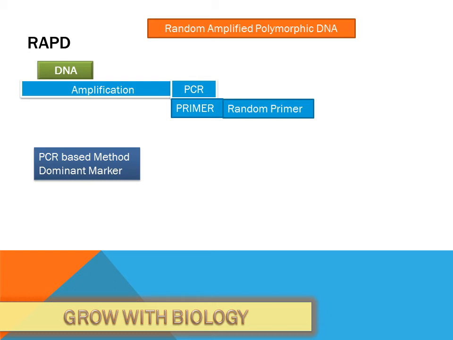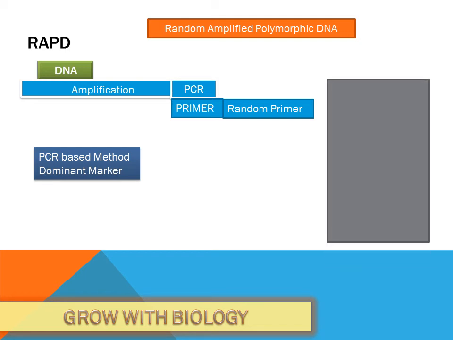We need a primer, and the primer here is specifically a random primer. Again, focus on RAPD, that is random amplification of the DNA with the help of a random primer. Using the random primer, we amplify the genetic material. After genetic material amplification, we do electrophoresis. Again, we find these types of bands, which show that there are specific regions where the bands have been formed, and it will help in amplification of the genes.